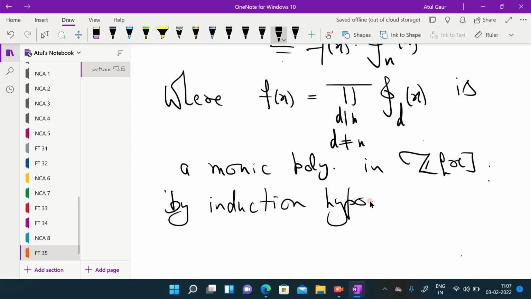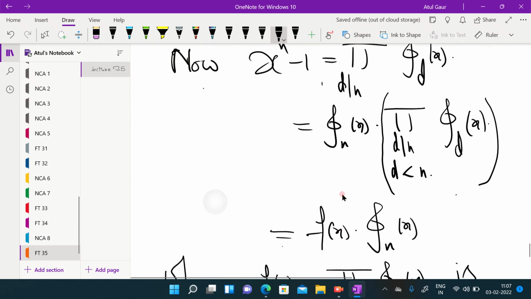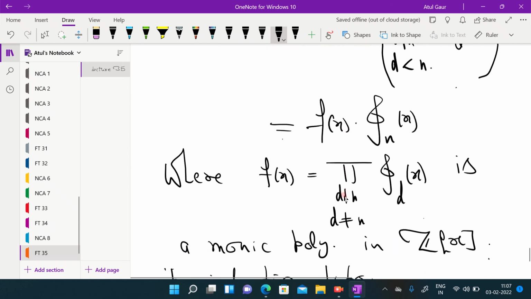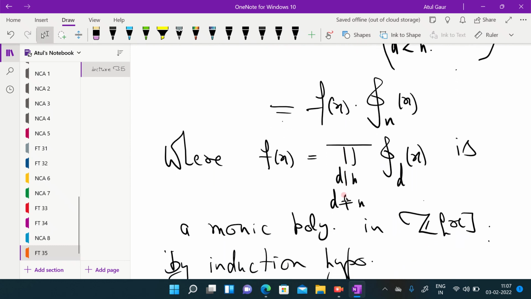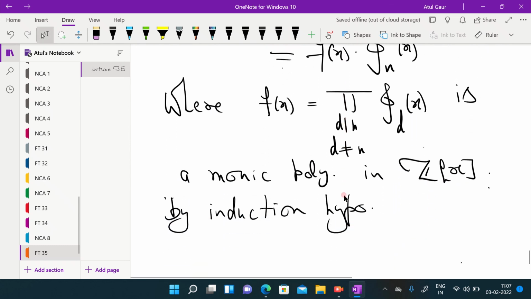All right. So now you have xn minus 1 equals fx into phi nx. All right. So that simply means